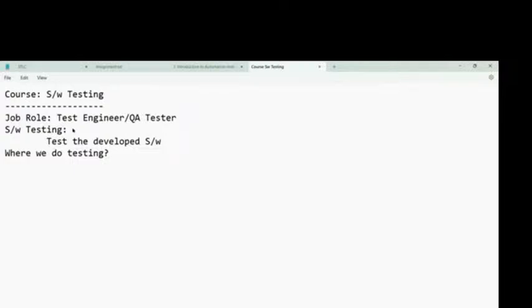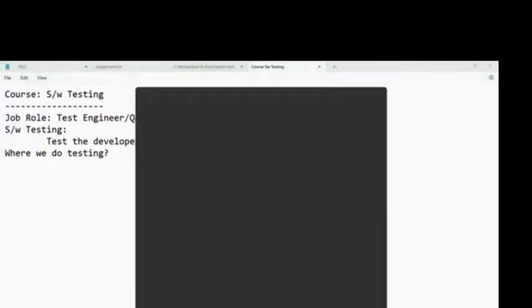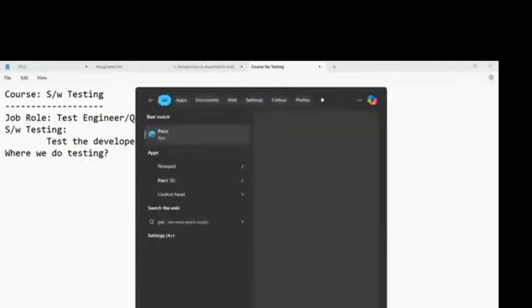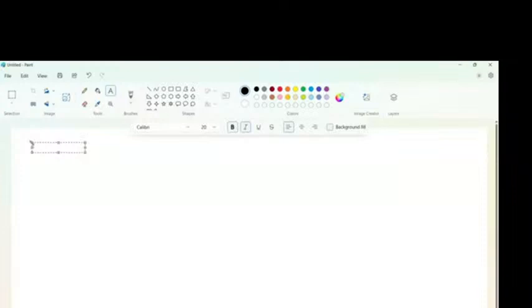When you talk about software, generally, if I go for applications, any web-based application,